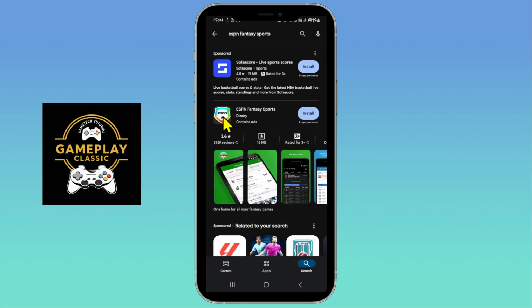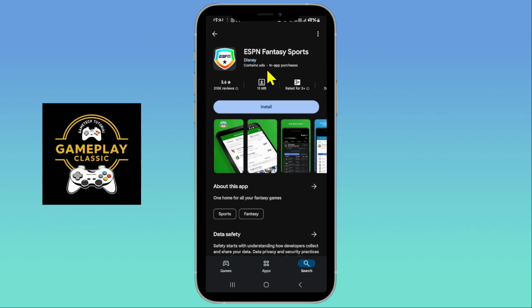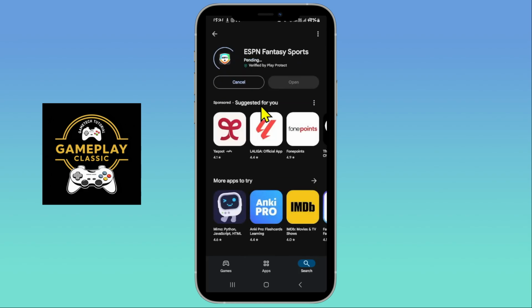Now, from the search results, just tap on the ESPN Fantasy Sports game and you will see the install button. Tap on this install button and this will begin the download and installation of the game on your device. Just wait for a while until the installation is completed, and when it is done, you will see the open